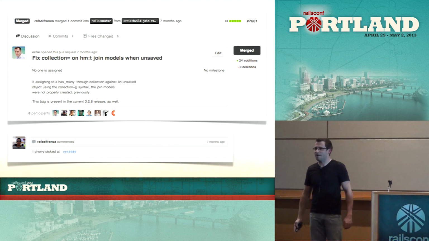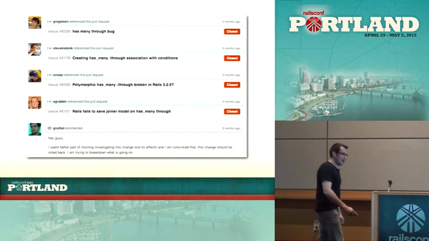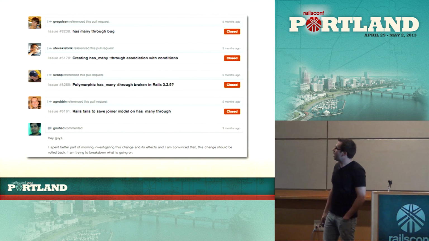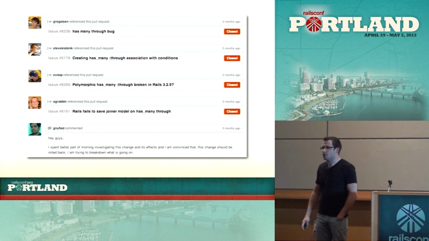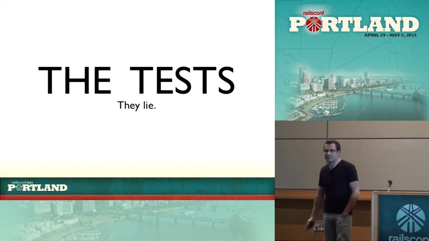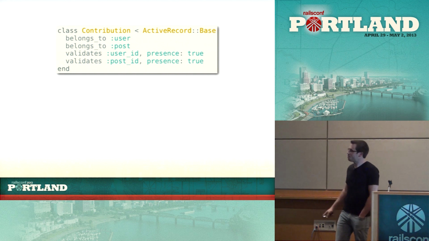How many people know what happened next? Everything was terrible. So if anybody happened to upgrade to 329, it was, if I remember right, a security release. And if your associations broke, you can come see me later for a hug. What I learned from this is that the tests lie a lot, and we can't necessarily trust them. Even though all the tests passed, it was an unpleasant experience for a lot of people. So, my bad. Anyway,